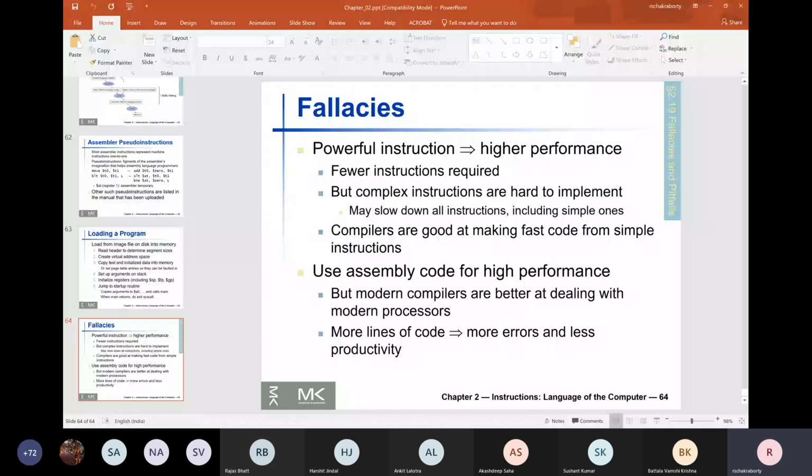It takes much more time to debug. The debugging tools are not that good if you are writing assembly language programs directly, whereas the debugging tools for high-level programming are very good. The IDE support for assembly language programming is there, but not much. These are things which ultimately discourage people from writing assembly language programs directly.